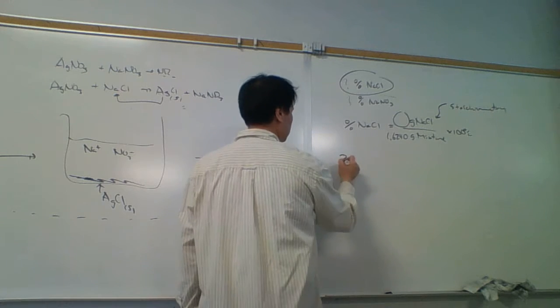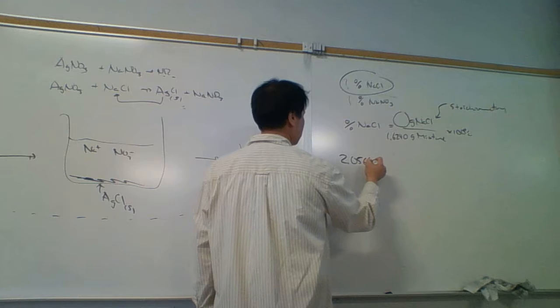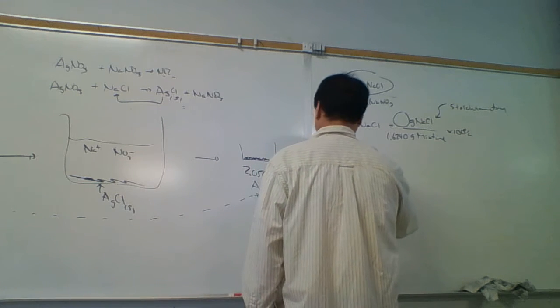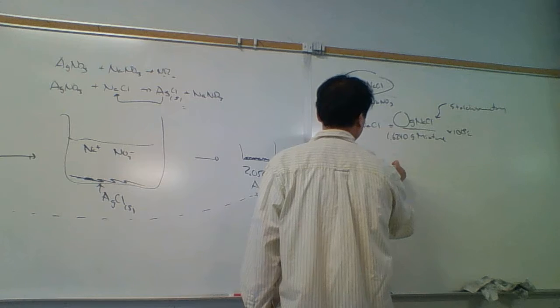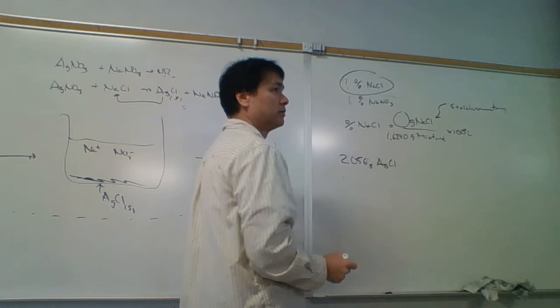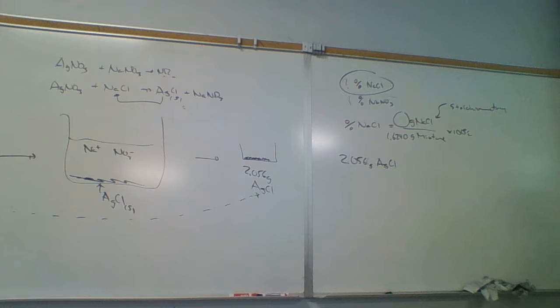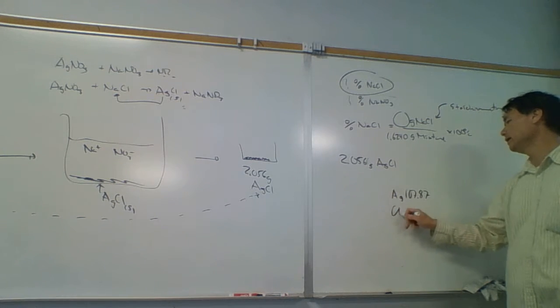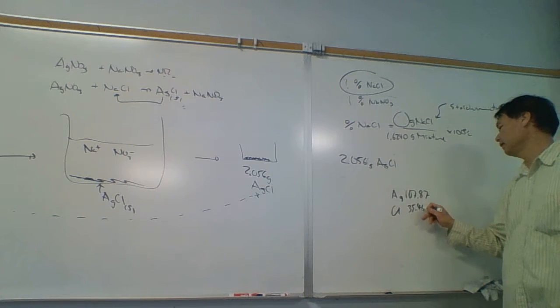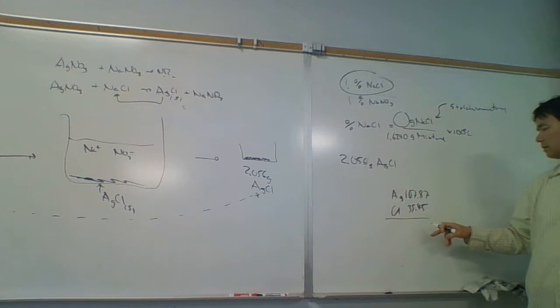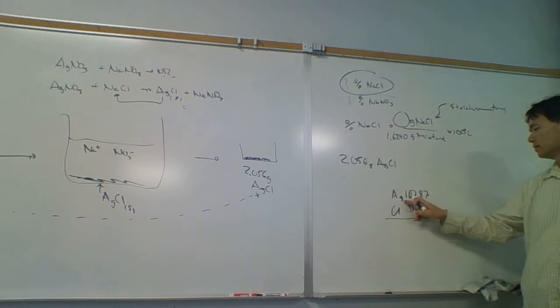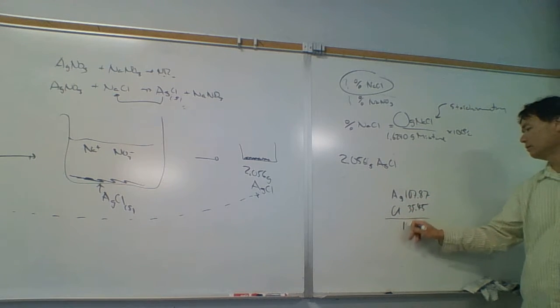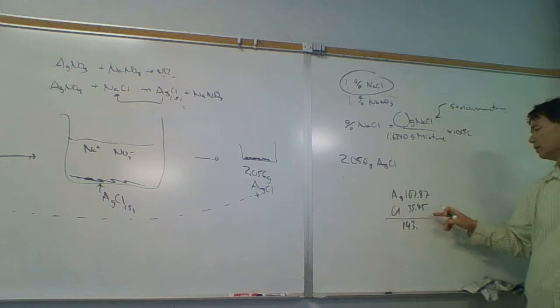And so let's do it here. 2.056 grams of silver chloride. And then I need the molar mass of silver chloride. The mass of silver is 107.87. Chlorine is 35.45. And so what does that give us? It gives us 143 point